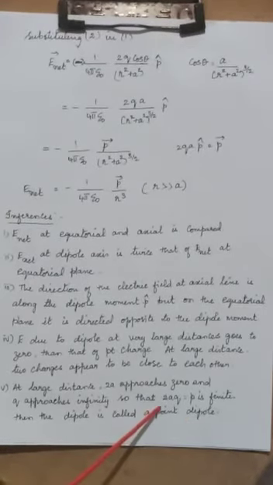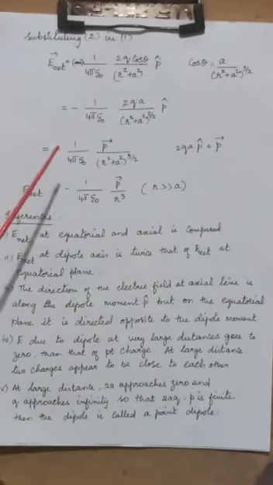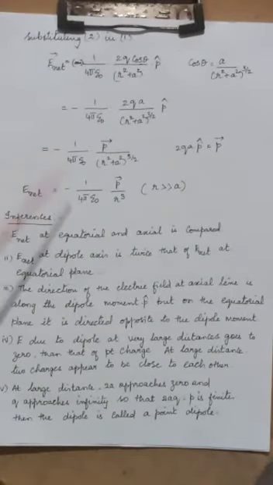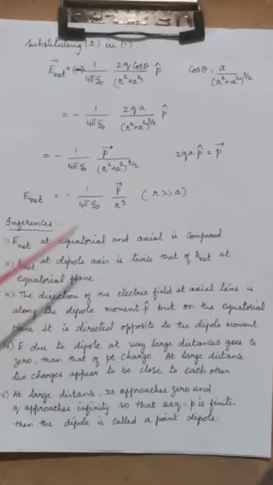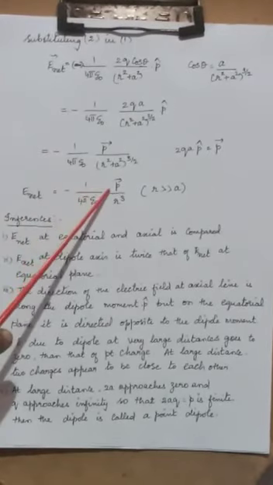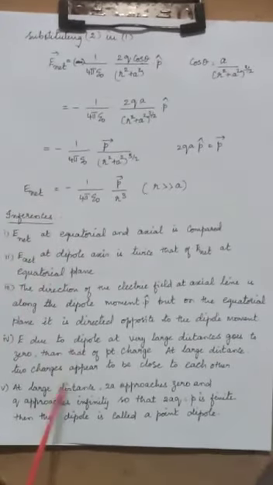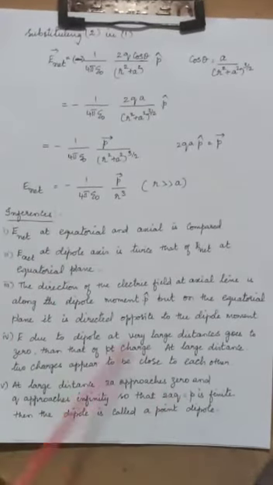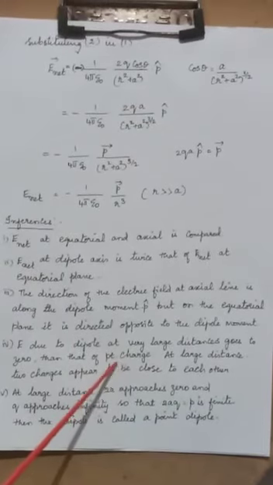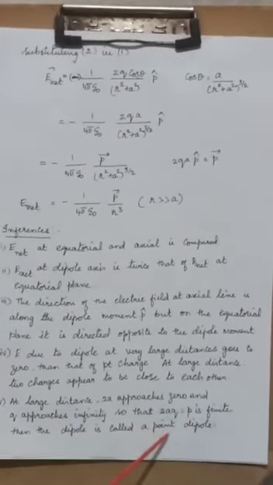So what we have learnt is, we have found out the electric field due to a dipole on its axial line and also on its equatorial line, and I have compared them. E net of the axial line is twice that of E net of the equatorial line, and their directions are opposite. Here the direction is negative, and if r is a larger distance, the dipole will change into a point charge, and at that moment the dipole will be called a point dipole.